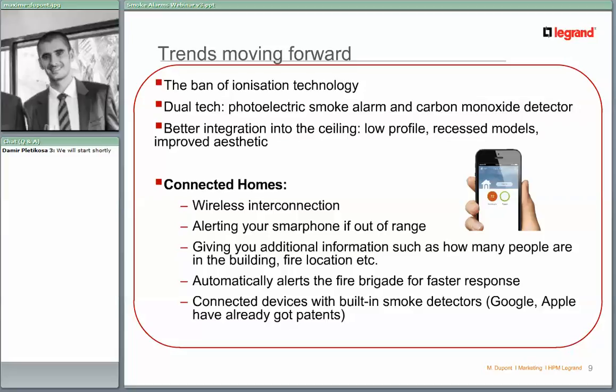So we are also working on this type of solutions, because nowadays everybody has a smartphone, and this will give you the flexibility to not only turn your light on and off with your smartphone, but also be alerted when emergency or fires happen in your house. On this subject, I think it will happen very fast in the coming years, and we will see more and more devices that are connected